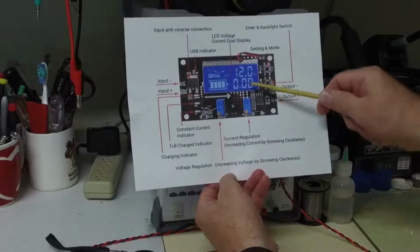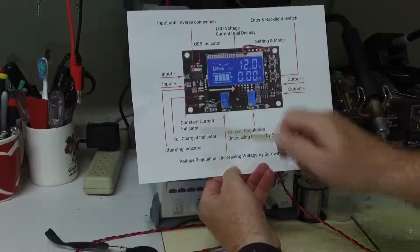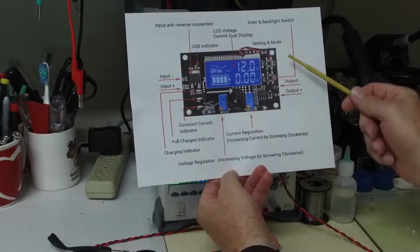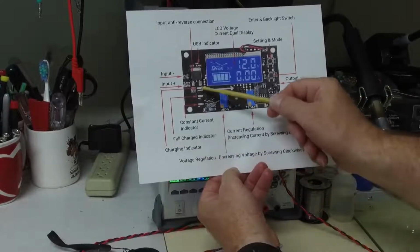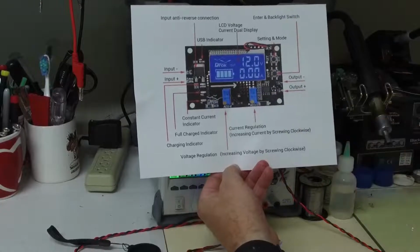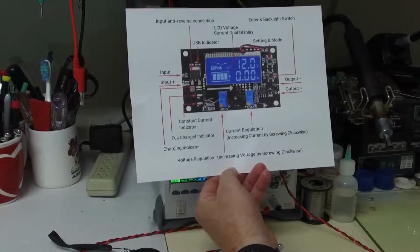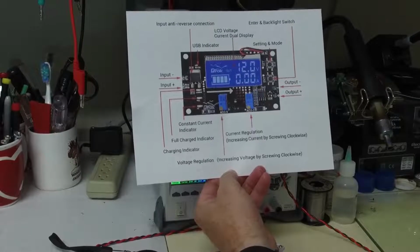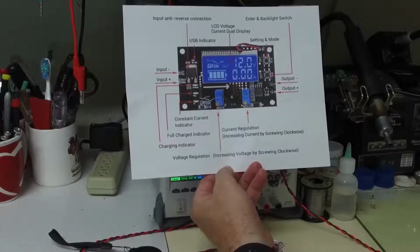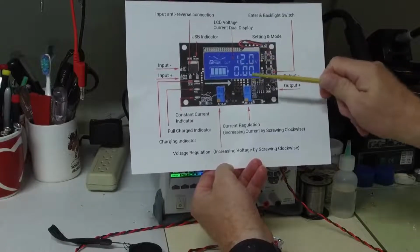Other than the LCD, there are 4 LEDs on the circuit board, here, here, here, and here. This LED will light up when you have the output routed through the USB connection. Charging indicator will light when you have typically more than 50 milliamps load. Full indicator is going to assert when you typically have less than a 50 milliamp load. The constant current indicator means that it is now limiting the current, and it's going to decrease the voltage to